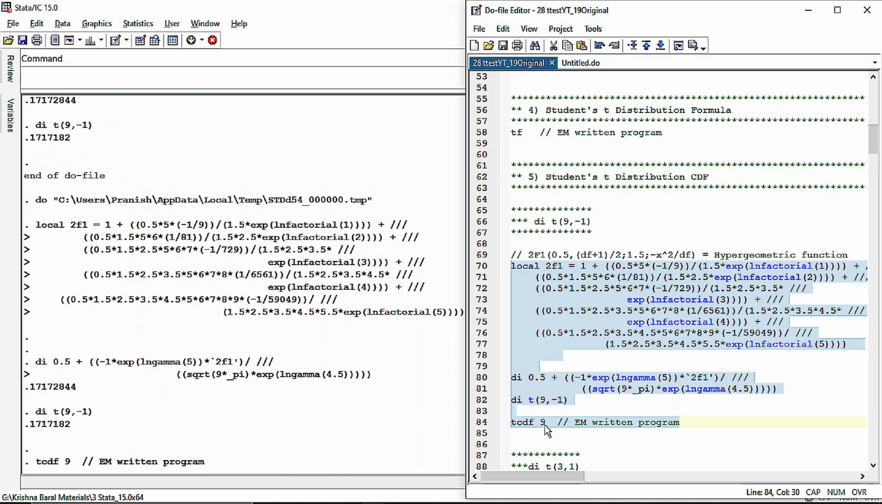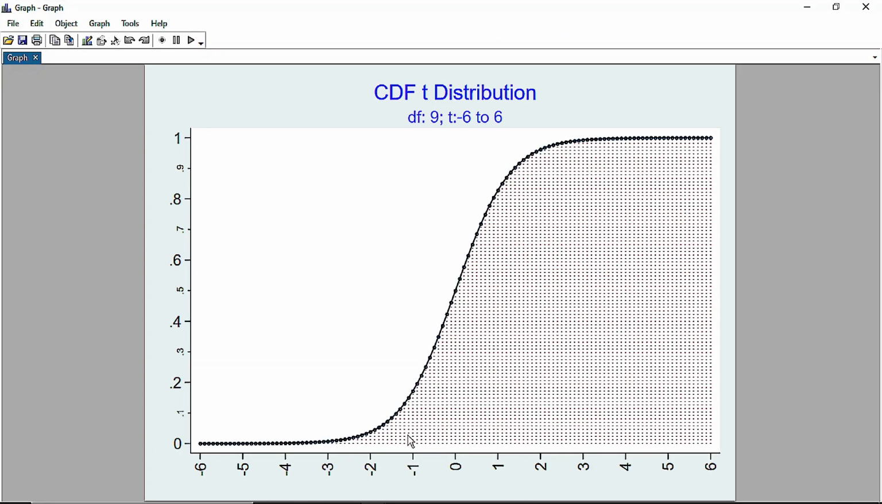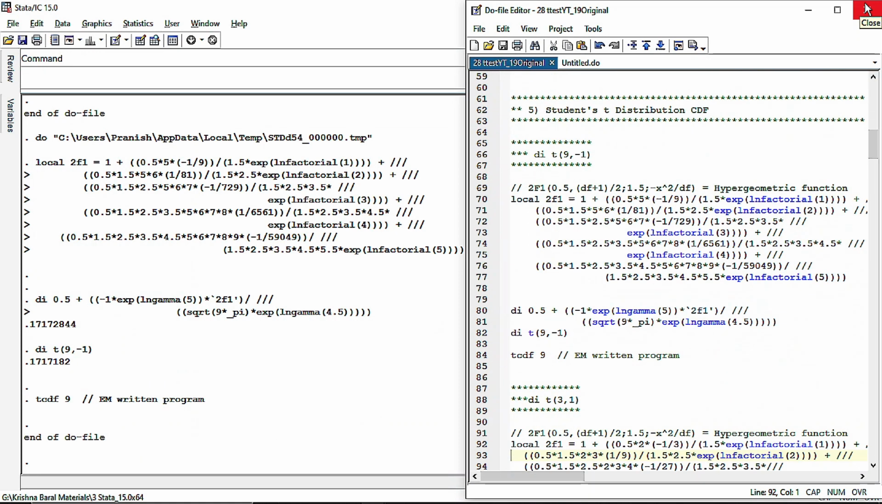9 less than minus 1, it is 17.7%. Somewhere over here. And now let us see another example where our degrees of freedom is